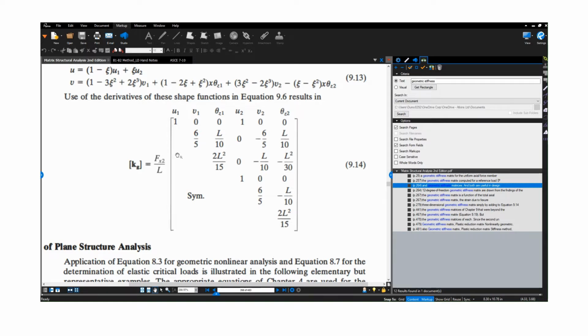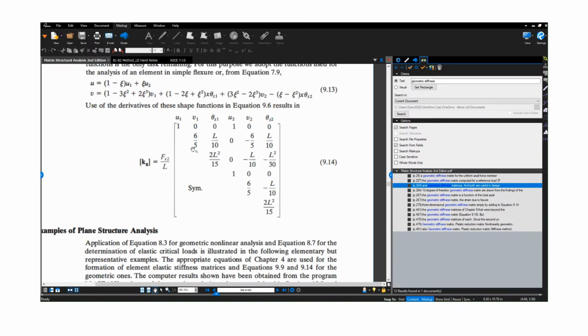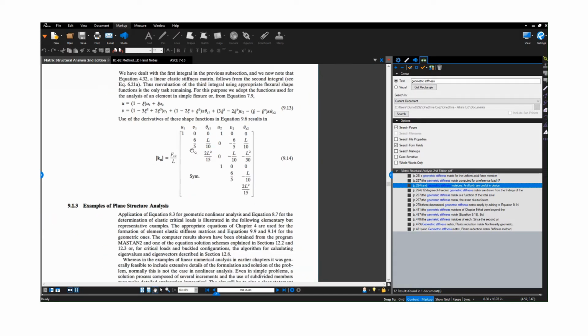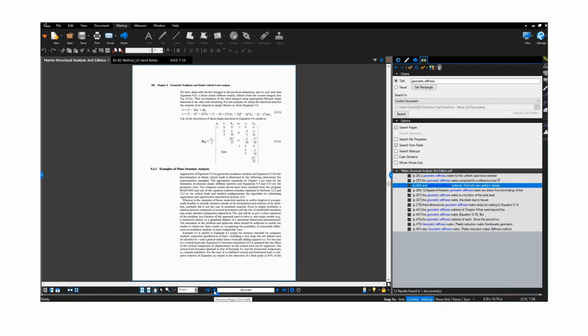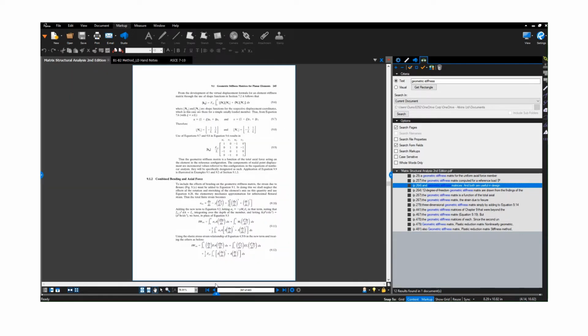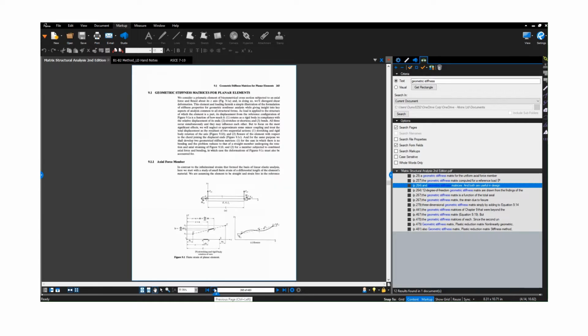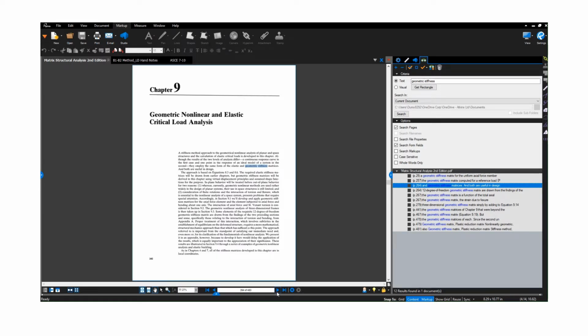All those loads will be added up together and then included in the stiffness matrix analysis. This would then reduce the elastic stiffness of that structure and cause it to be essentially weaker than it would normally be for the case of